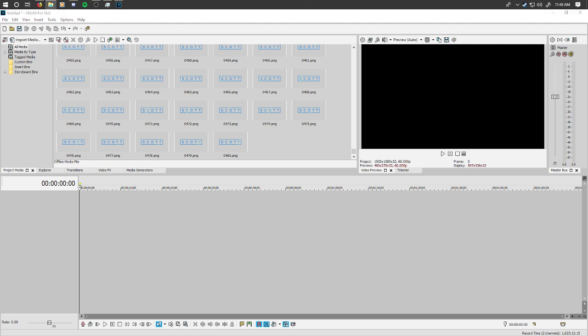And the last frames on the next page are loaded in, so drag those into Vegas.